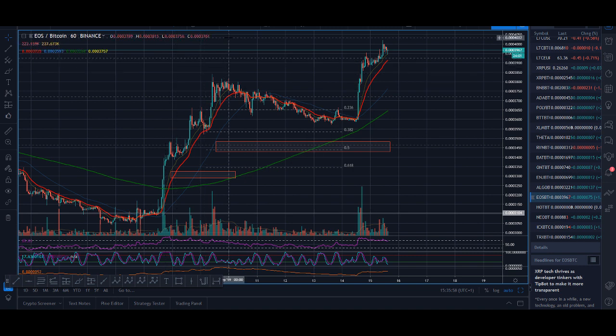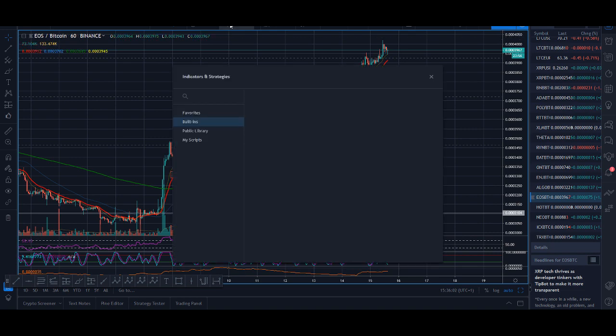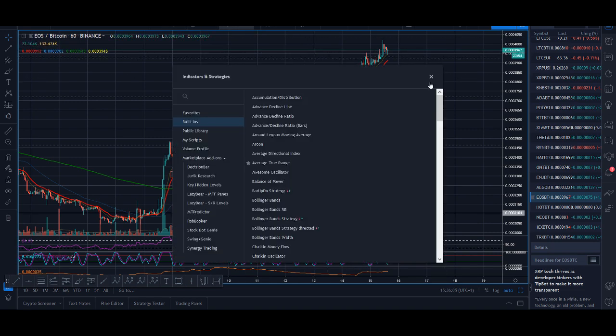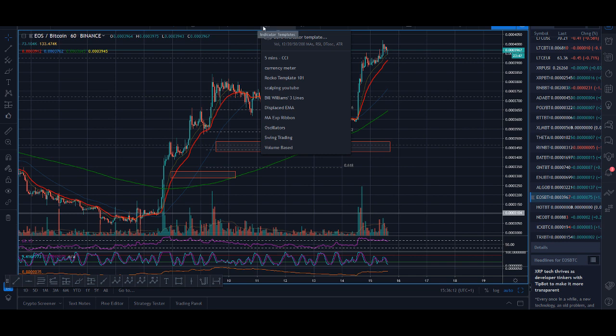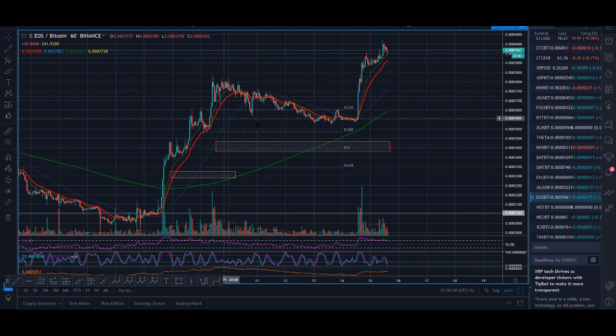So it depends on whether you have a paid account or a free account. If you have got a free account, I think there's a limit to how many indicators you can have on your chart. But if you use my trading strategy, so this is sort of my Rocko template 101. This is the template I use. I have my own indicator that I've created. I usually like to have the ATR, sometimes I don't. Then I like to have the RSI, and this is my chart with two main moving averages, 20 moving average and the green moving average.